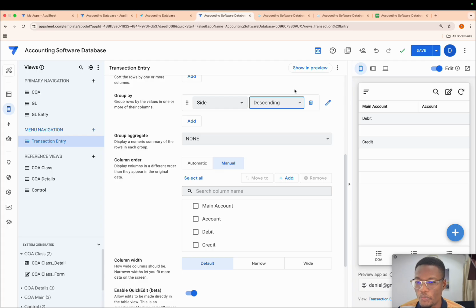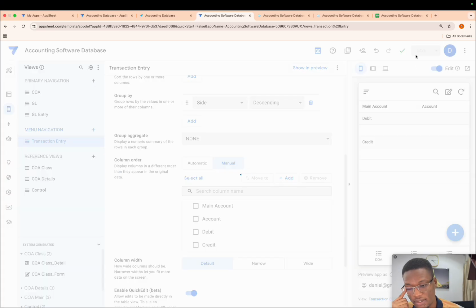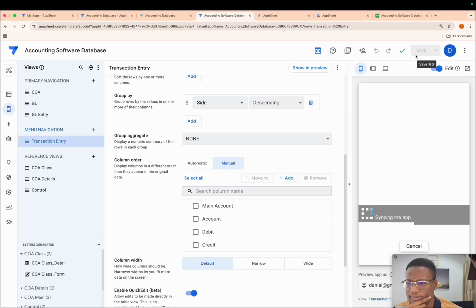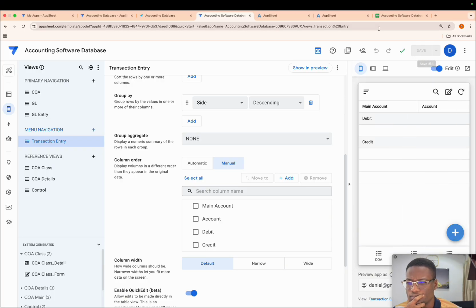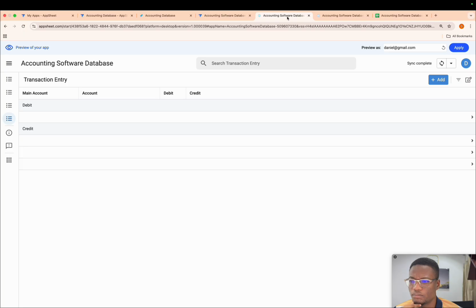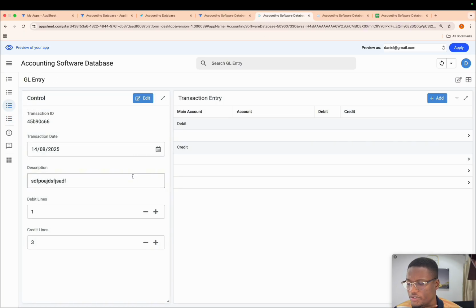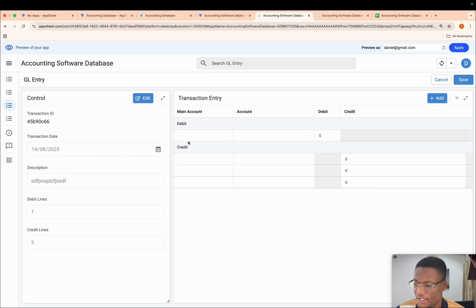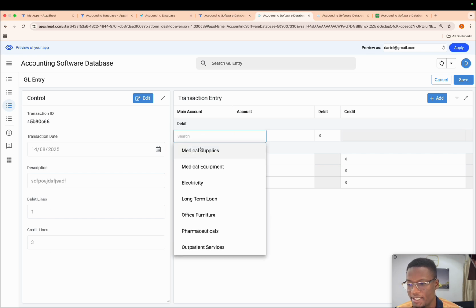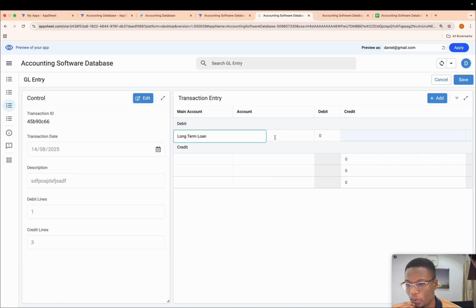Great. And then we are going to also aggregate the amounts. Aggregate them. Good. Look something like this. Interesting. Fantastic. So when we click on the edit icon, that's what the user is going to see. The user is going to see transaction date, description, number of lines. He comes here, he selects, let's say, long-term loan, selects bank A loan, specifies the amount that, okay,